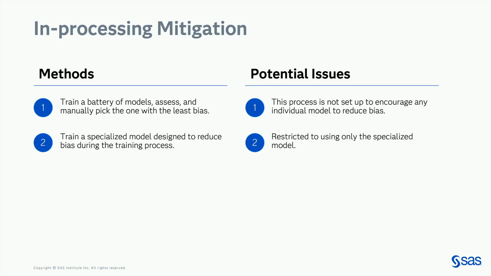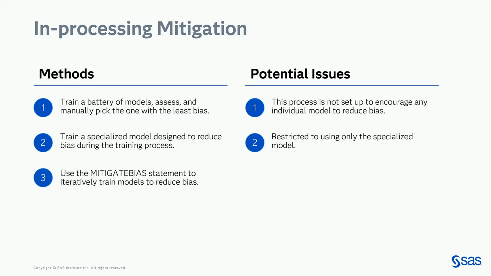The other thing you can do is turn to a model, and there are some in the literature and open source, that's specifically designed to reduce the bias. And there are models that do that, but then you're locked into that model. If you're used to using maybe a more classical model or other ones for interpretability reasons or other business reasons, you might get locked into a model that you're not used to.